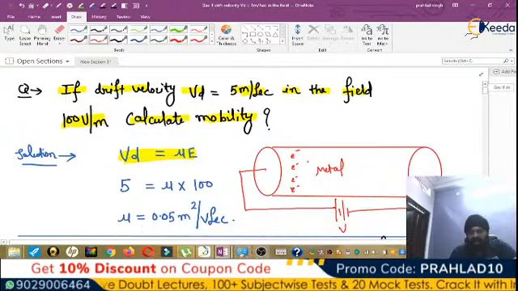The average velocity acquired by the electrons available in the metal is called